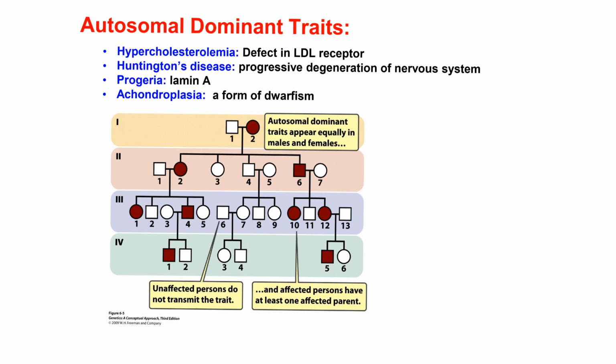Progeria, premature aging, is caused by a mutation in lamin A, which is inherited as autosomal dominant. Huntington disease, progressive degeneration of the neuronal system. Hypercholesterolemia, which is a defect in the LDL receptor, and we will talk a little bit more about this autosomal dominant trait. Familial